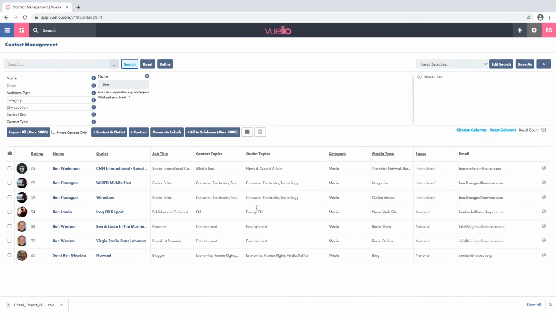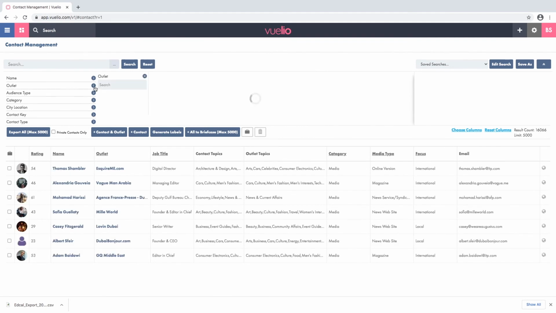So there's 125 that have got a Ben in their name somewhere. You can also search by outlet. So let's just say, for example, that you wanted to find all the contacts of the National. So if you just put in an outlet name, I spelled that wrong, I think. Let's try again. Okay, so once you select the outlet from here, again, you can do multiples if you want,